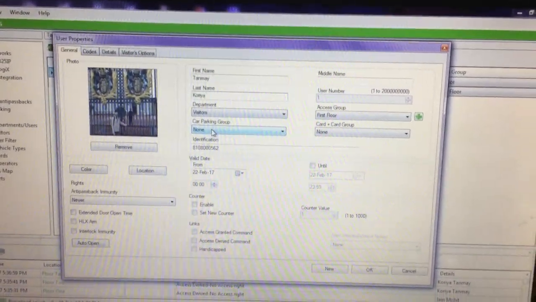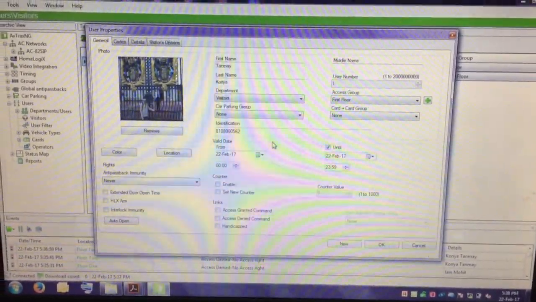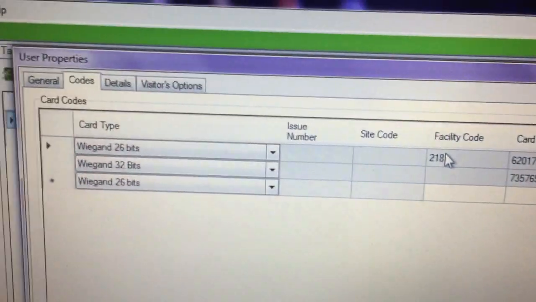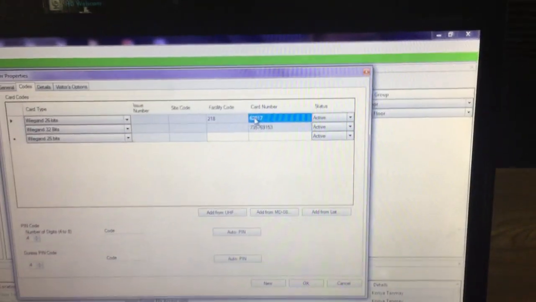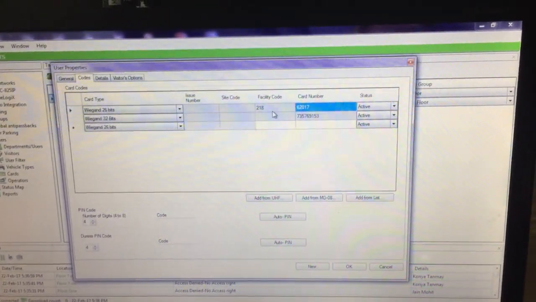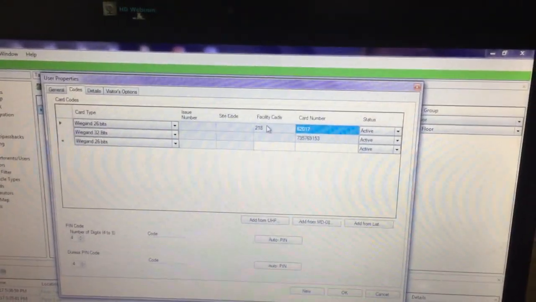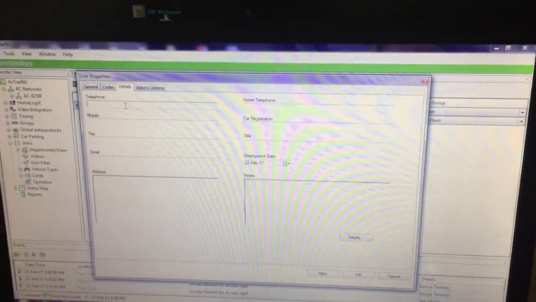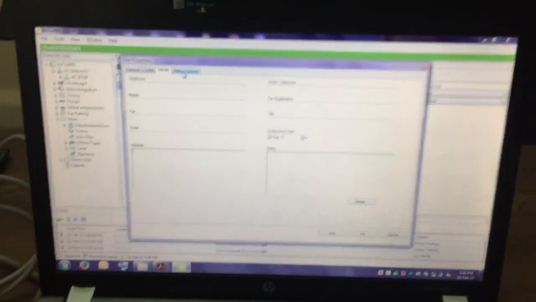Even if it's a temporary employee, they can provide the access timing, from which period and for how many days they want to give the access. After that, they need to provide the code for the access card, which will be registered over here. All the codes are printed on the card, so they can easily register, or through the USB registration desk they can flash the card, and the card can get registered in this code segment. They can even provide details like telephone number, home telephone, mobile number, car registration number, all the details of the visitor for further database processing purpose.